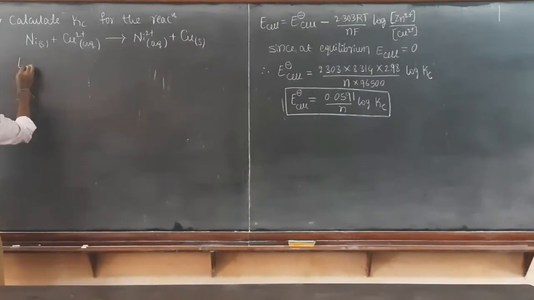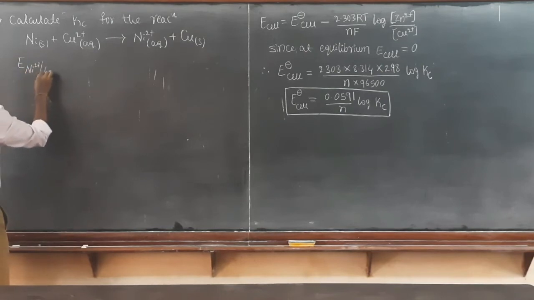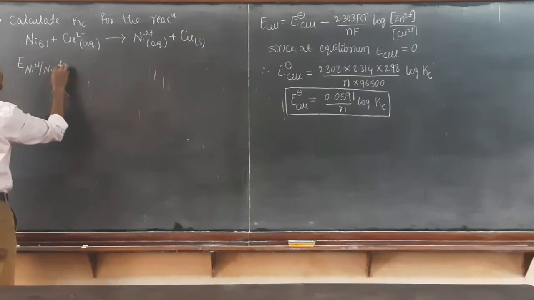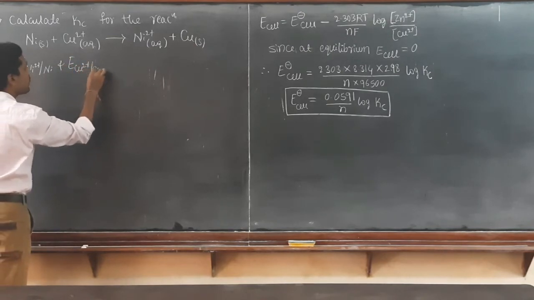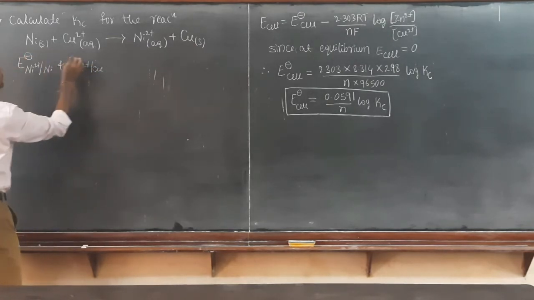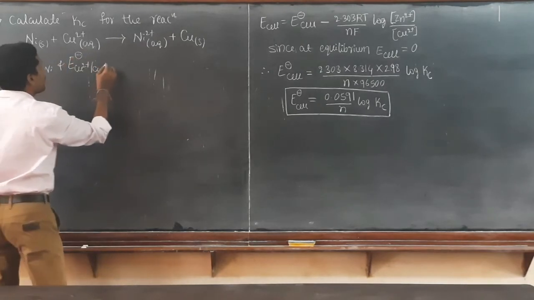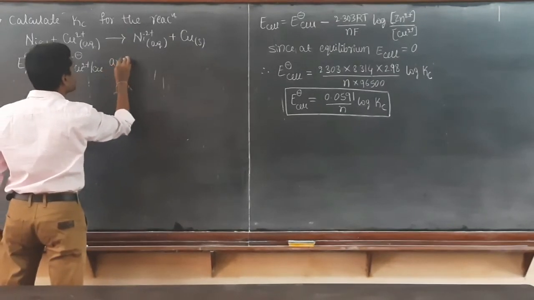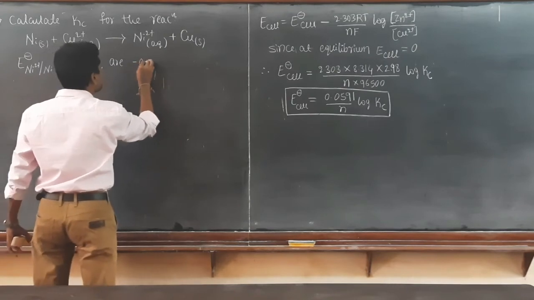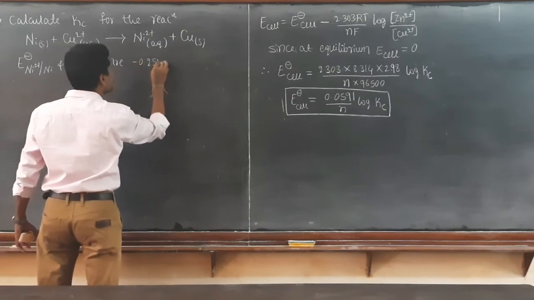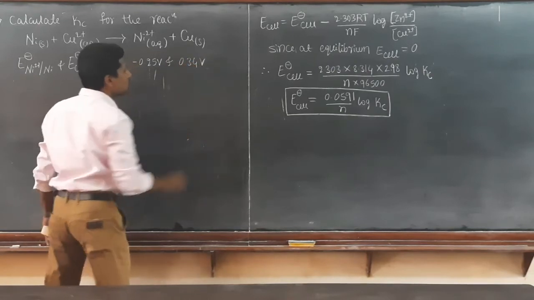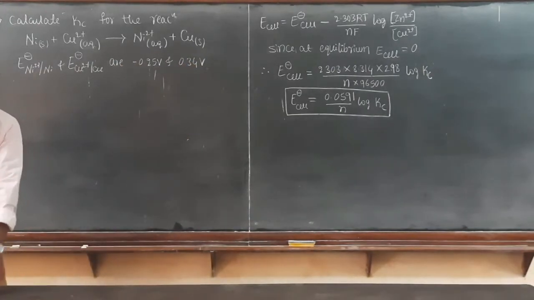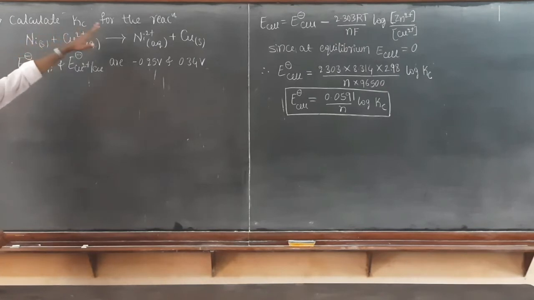The EMF of nickel 2 plus bar nickel and of copper 2 plus bar copper are minus 0.25 volt and 0.34 volt. So in this first example, you have to calculate Kc for this type of